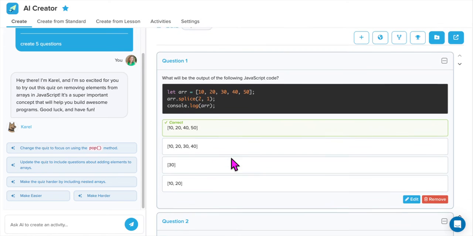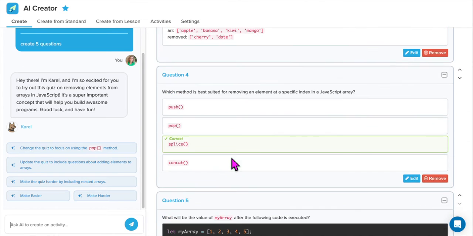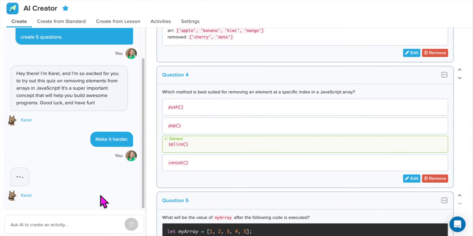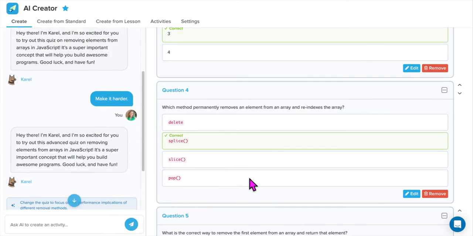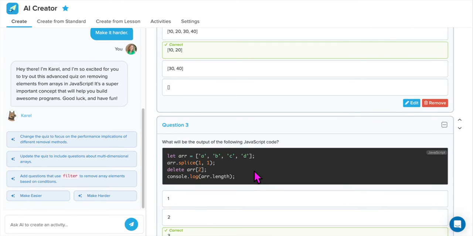From here, I can review the questions that the creator has generated for me. I may need to make them easier or make them harder. I'm going to choose to make it a little harder. That looks better. Once I'm happier with the questions, I can either assign them directly,